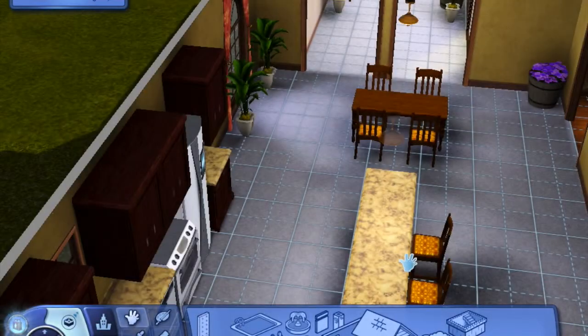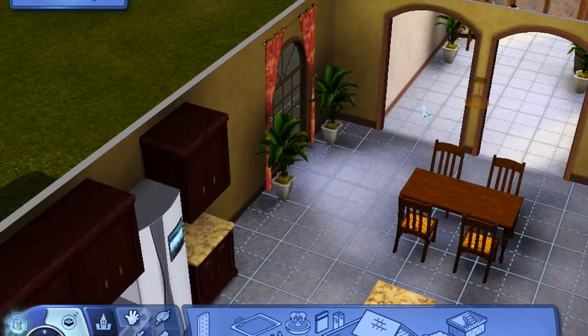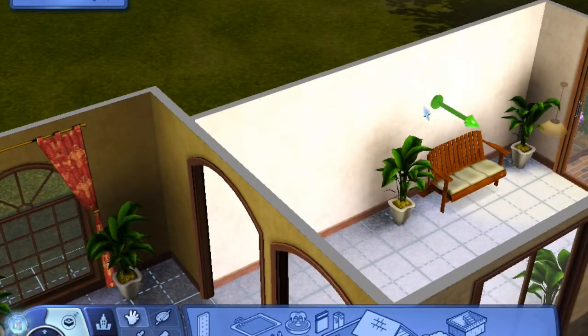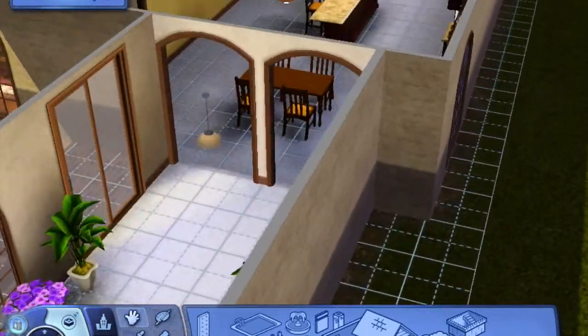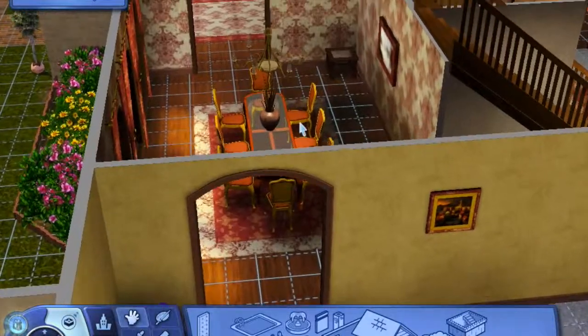I know. Okay, so then there's a tiny little eating area here. More indoor plants. And it's literally the same plant, just repeated over and over in the house. And then if you go all the way to the back here, there's this weird sunroom or something, sort of patio. Maybe they want a tan. The ugliest indoor plants they could find. They might want a tan. And then if you go through the back door here of the kitchen, you'll go all the way to the back. There's